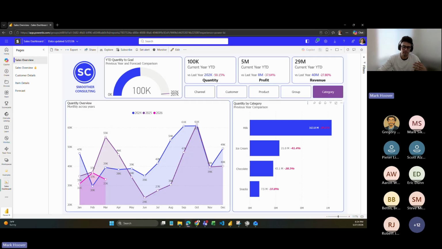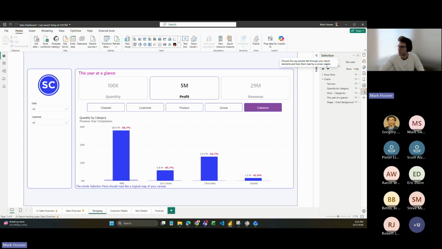So the last thing in this section is one of the most important things. I think it's an important one for accessibility, and it's the one a lot of developers often skip. It's the tab order. So you saw it here right next to the report order, the tab order. So this one's really critical in my opinion. And because it directly affects whether your report is usable by people who navigate with a keyboard or use a screen